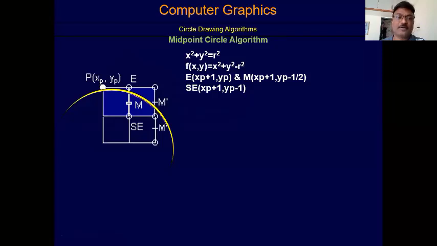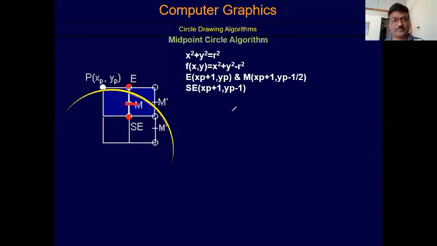Why? Because this is the total 1 pixel. This is also one complete pixel. But in these 2 pixels, this is the midpoint. So that's why I put the square. This is not exactly a pixel. That is a point in between 2 pixels. That's why it's called the M. M is that midpoint. And from this, they have developed this algorithm, the midpoint circle. That's how the name became midpoint circle.